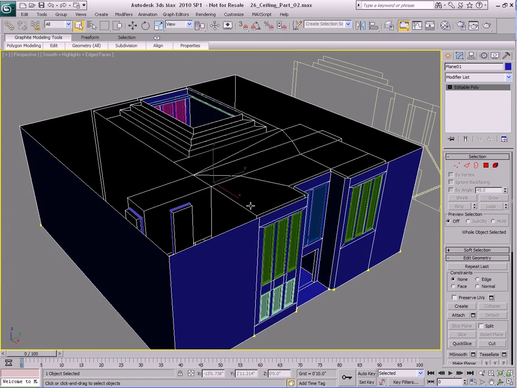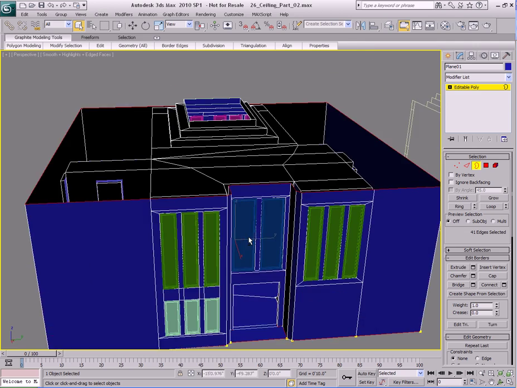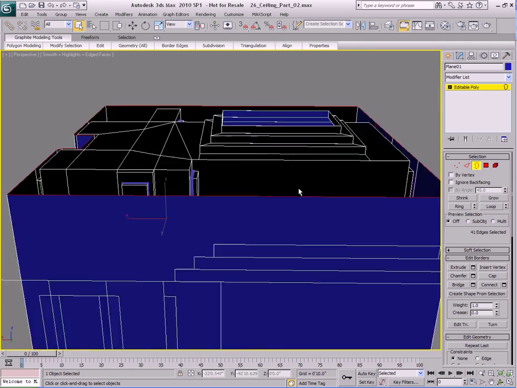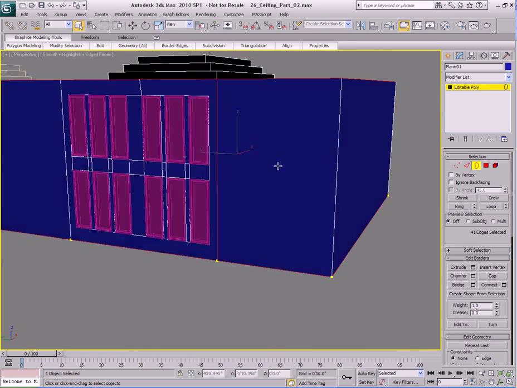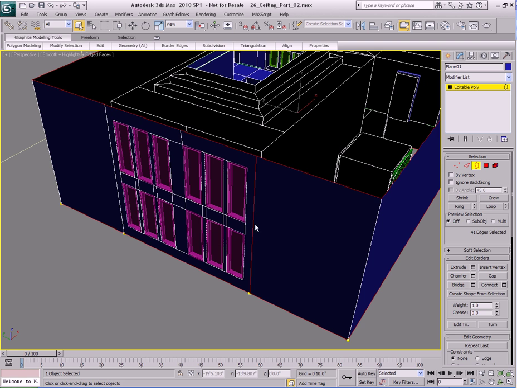The easiest way for me to do that is going to be to go to border mode, that's 3 on the keyboard, and select the outside border on the top of the roof here of the outside walls. Now, you should have selected just the top edges right there, and as you can see, that isn't the case for me. I have this one edge here which is highlighted in red,